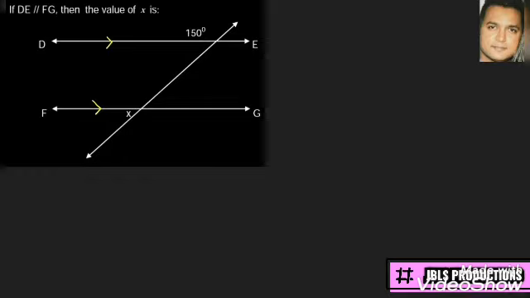Okay, so let's use what we can to get the 150 closest to the X, right? Because we can see directly now the X is not equal to the 150 because it's on the other side. If the X was above the FG line, then we could just easily say corresponding angles, right? So there are two steps to this. So the first thing we will do, and remember when it comes to geometry you must show reasons. So we can call this angle T, to tell the examiner that we are first going to work out that angle. So we can say T is equal to 150, and we'll say corresponding angles,